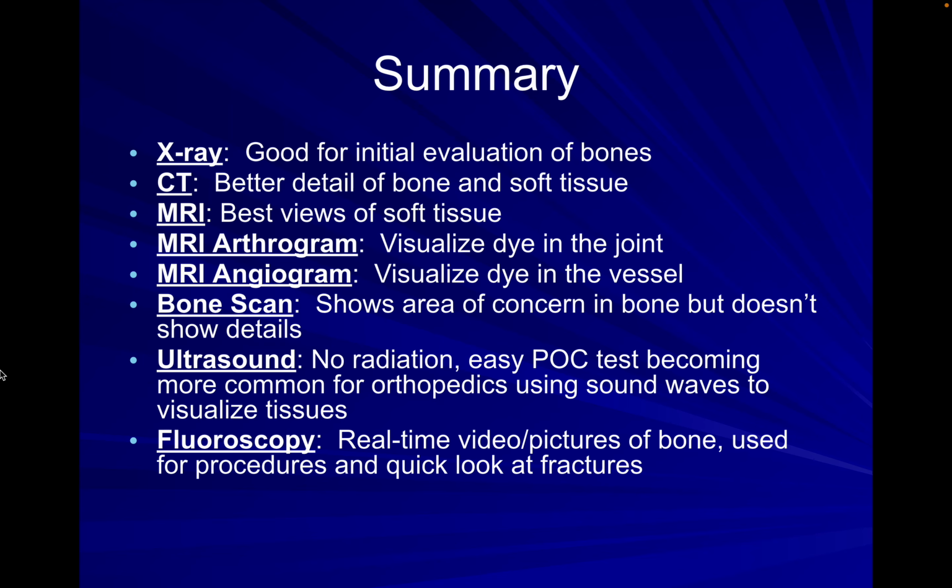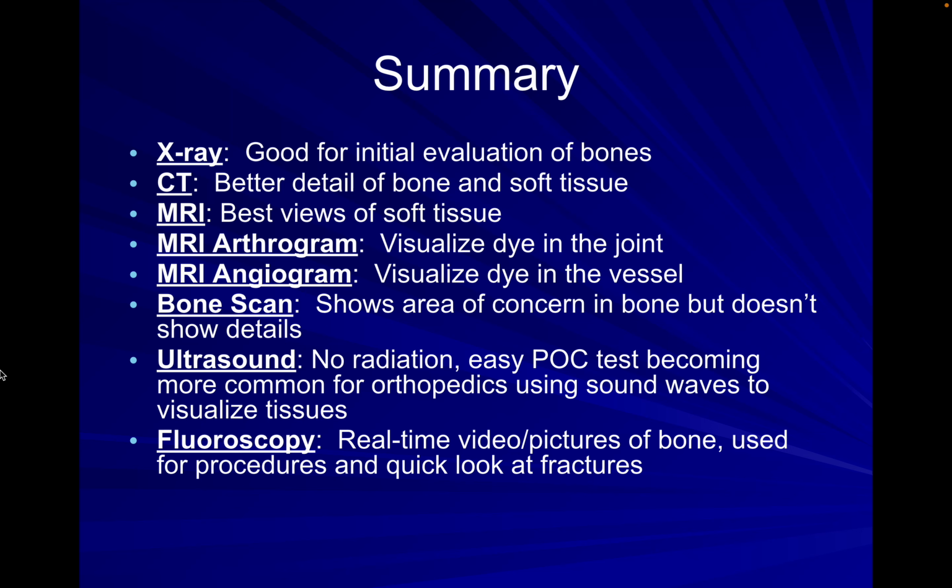So in summary, you have X-rays that are great for the initial evaluation of bony injuries like fractures and dislocations. They tend to be more affordable and easy to access. Then you have CT, or computed tomography, that will give you a more three-dimensional, better detailed view of bony tissues predominantly, but more expensive and more radiation. Then you have the MRI, which tends to produce the best images for soft tissue, no radiation, fairly expensive and sometimes hard to obtain, and also takes quite a bit of time to get the image